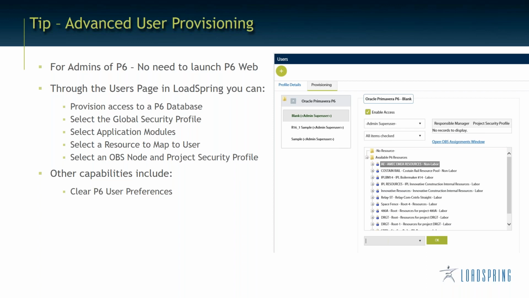Another capability is to clear P6 user preferences. Every now and then a layout may go berserk or corrupt in the platform. If you clear the preference, that clears that out. The user can then go in and begin working. Caution though, word of warning, if you're not familiar with clearing user